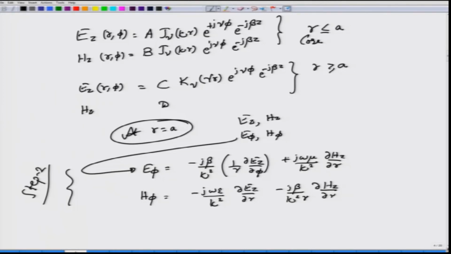Alternatively, you can go to one of your software packages, say MATLAB, and print out a few values or plots of these Bessel functions for different orders, generate pictures from your side, and look at what happens to these pictures as you change the orders, some of the properties, or the variable range. I hope that you have done all that or you will do all that, and once you have also derived del Ez by del phi and del Hz by del r, you will be able to find expressions for E phi and H phi, and these expressions at r equal to a must be continuous in the core and the cladding.